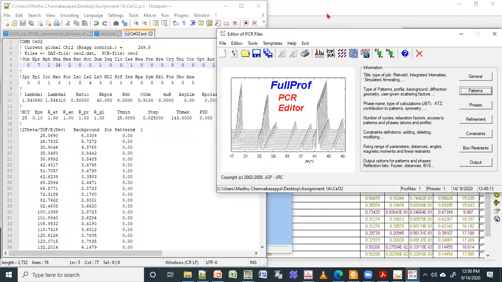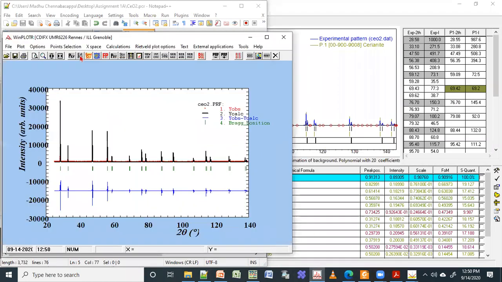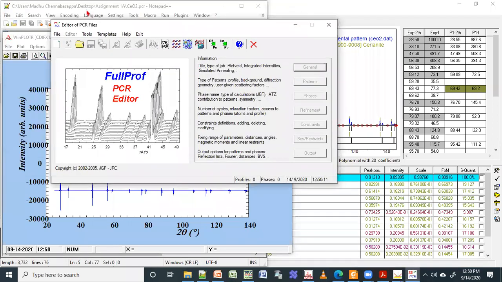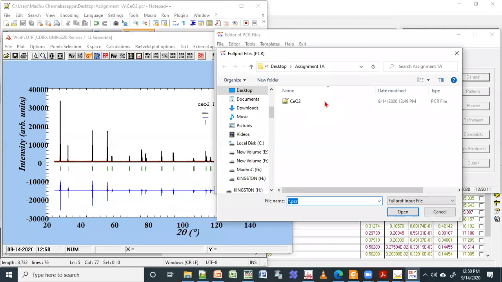Okay, so I will again open it. This is EDPCR. To open the existing PCR, I just click here. I don't have to go to new. Instead, I can click here and select the PCR which we have created.